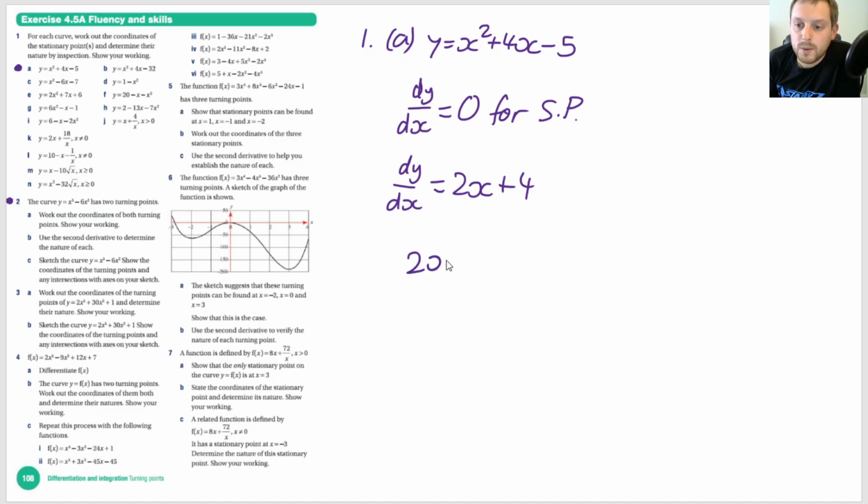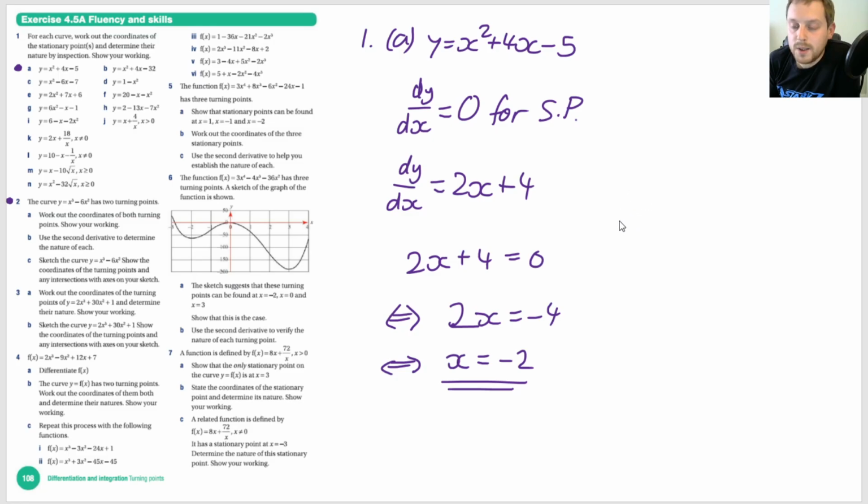So I need 2x plus 4 equals 0, which gives 2x is minus 4, which gives x is minus 2. So at x is minus 2, we have a stationary point, and